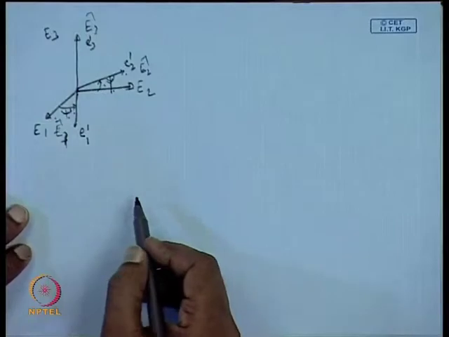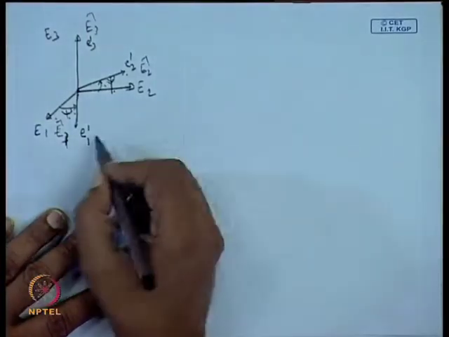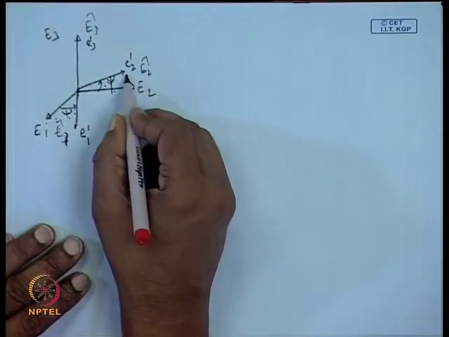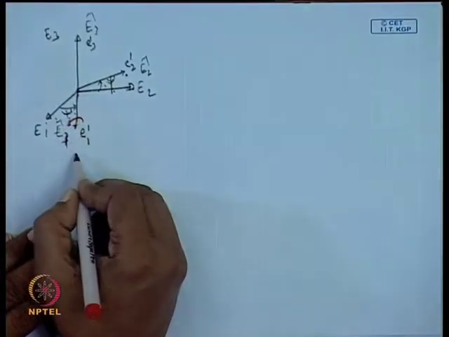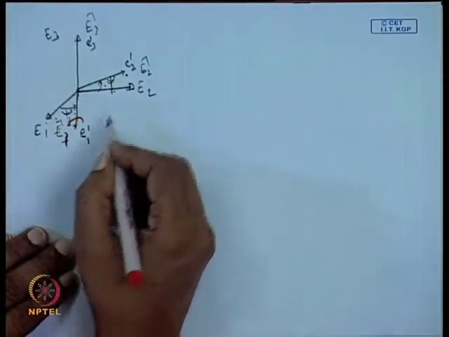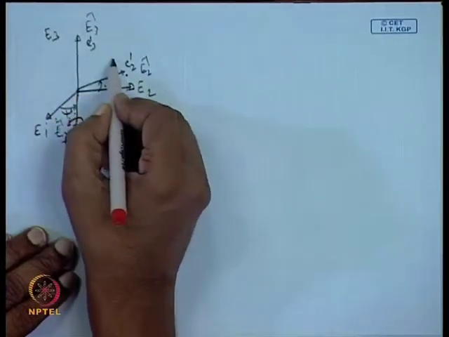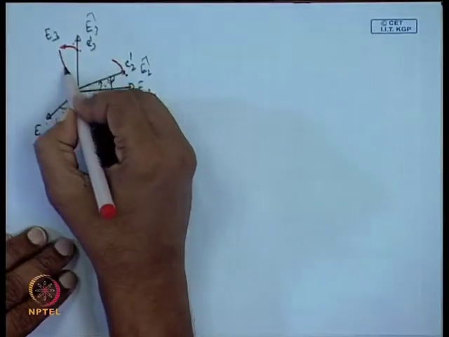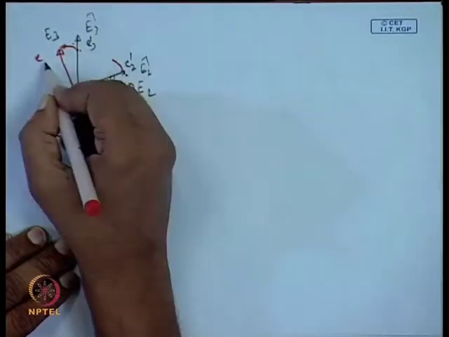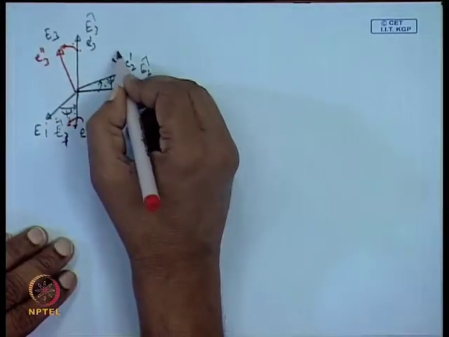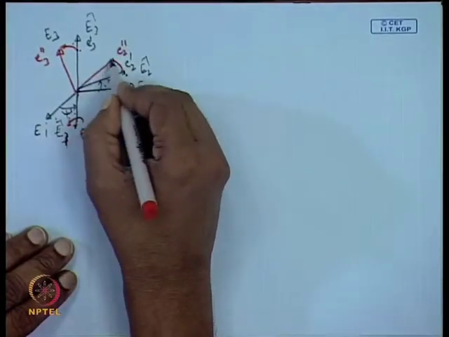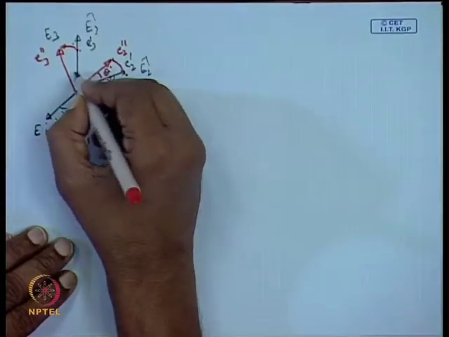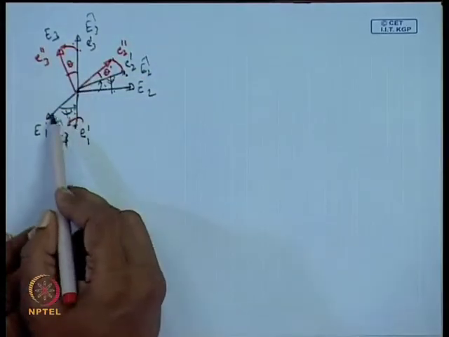The next rotation, so we have the new configuration in which this axis came to this position. So, we can give a rotation here about this by angle theta. Okay. So, if we rotate it, this will move from this place to this place, and this vector will move from this place to this place. So, our new vector will be E3 double prime, and here we can write E2 double prime, and this is our new vector. And by how much angle are we rotating here? By angle theta.